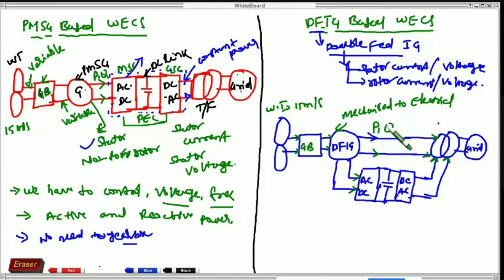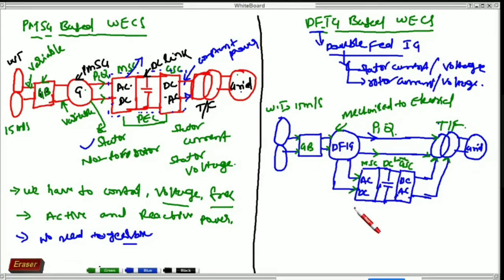And whatever the power is flowing, that is active power and reactive power, right? This is the transformer, and grid will take constant power only. This is MSC, and this is GSC, with DC link voltage.